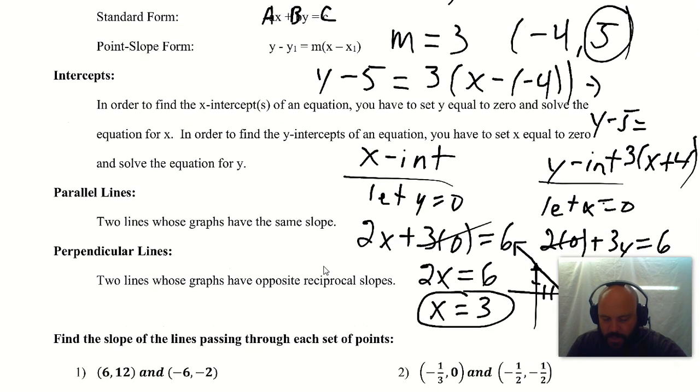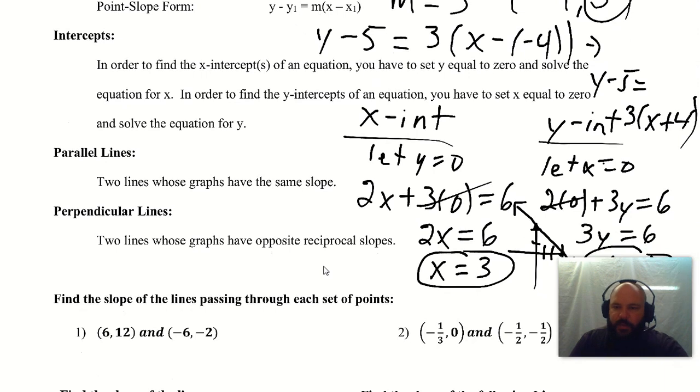A couple things to note. Parallel lines: if two lines are parallel, they have the same slope. So if you know one equation is supposed to be parallel to another line, that tells you that other line has the same slope as the first equation. Perpendicular lines have slopes that are opposite reciprocals. So in other words, as an example, if I had a slope of 2/3, the perpendicular line to that would be